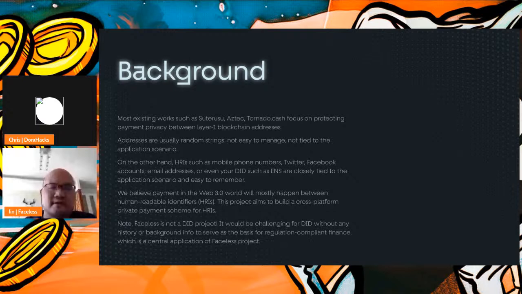You can see many examples of readable identifiers, HRIs, such as your mobile number, account, email address, or even ID in the future. All closely tied to a person and very easy to remember. In the Web 3.0 world, between HRIs.